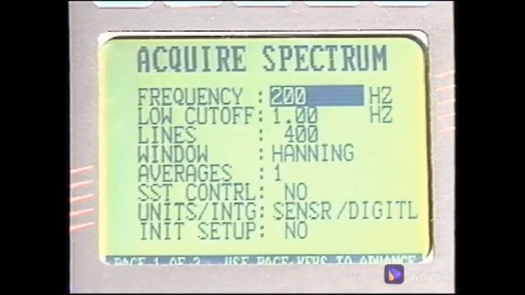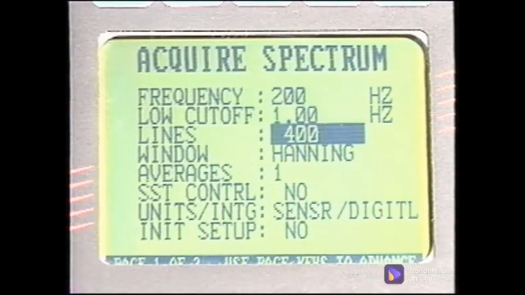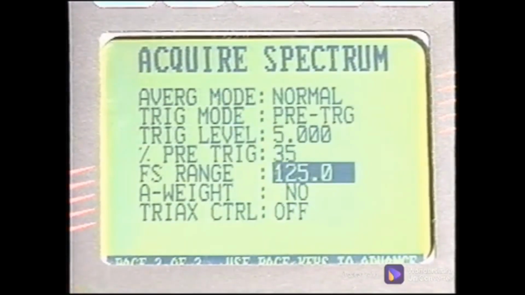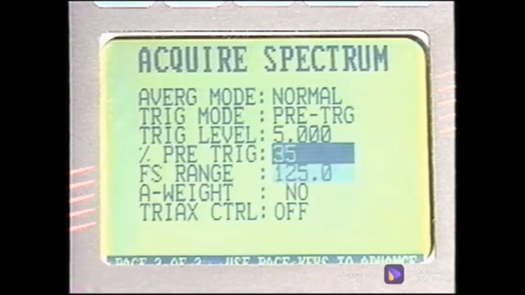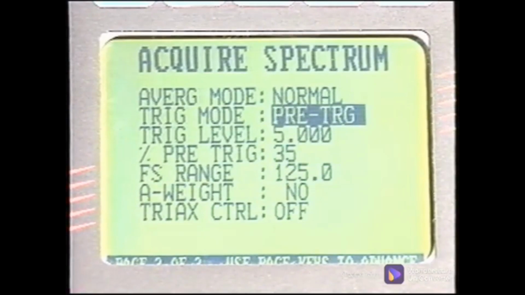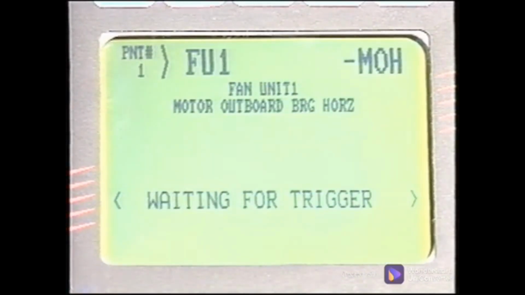The setup for this measurement uses a maximum frequency of 200 Hertz with 400 lines of resolution. Only 1 average is used. The averaging mode is normal, and the full-scale range is set to 5 times full load amps. The window is hanning, and the sensor is the current transformer. Trigger is set to pre-trigger of 35% and a trigger level of 5. The waveform display units will be in RMS amps. Accept these settings and begin collecting data. When the analyzer displays a no trigger message, start the